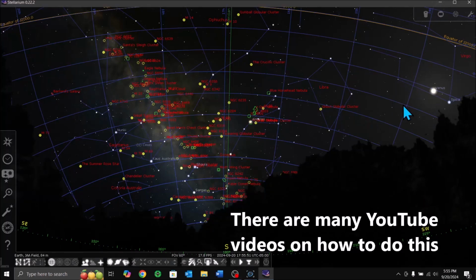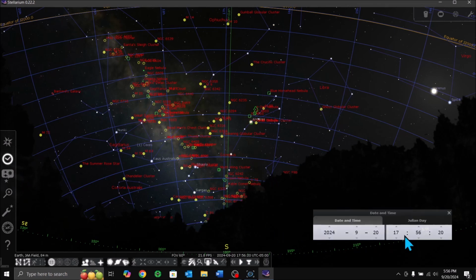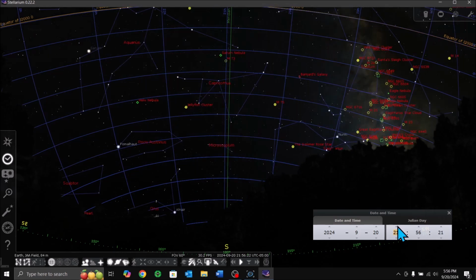I'm going to go over several methods in NINA, using Stellarium and using a previously photographed image of the sky, to show you how you can set up sequences in NINA with coordinates and previous pictures. So I have Stellarium up right now, and I'm going to advance the time to a little later for the night,